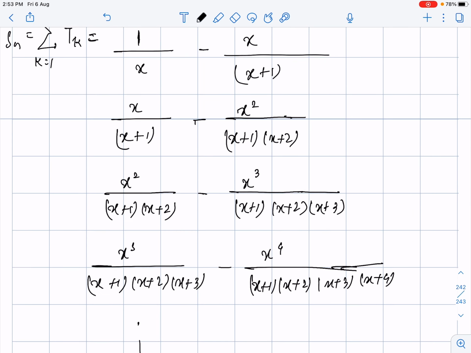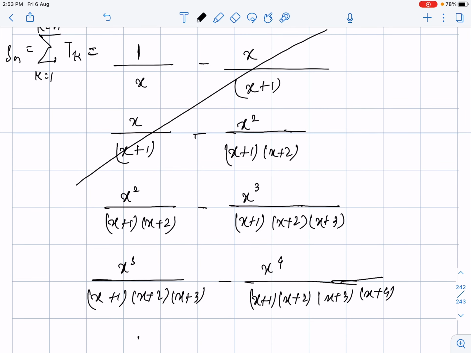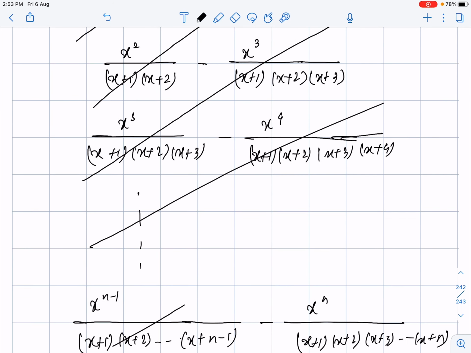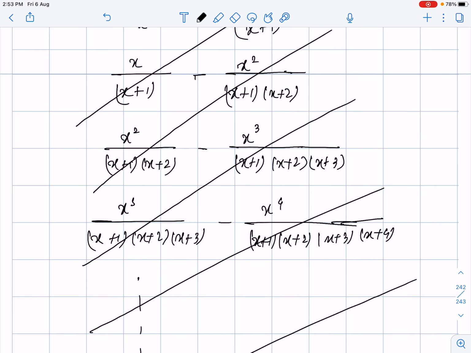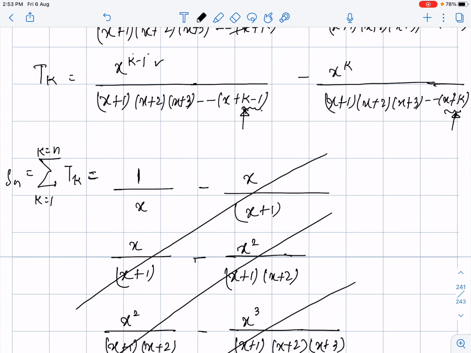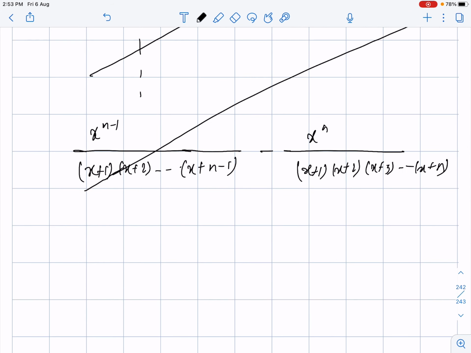Now let's see what all is getting cancelled over here. Guys, this way these two things are getting cancelled, this way these two things are getting cancelled, and similarly these two things will get cancelled over here. So finally, what would we be remaining with? When x equal to 1 was substituted, it was becoming x only, and 1 minus 1 was becoming 0, that's why it was becoming x only. So we could write it like 1 upon x minus x to the power n divided by x plus 1 multiplied by x plus 2 goes on up to x plus n.